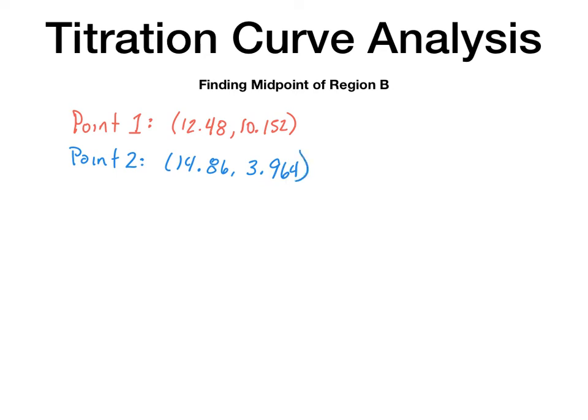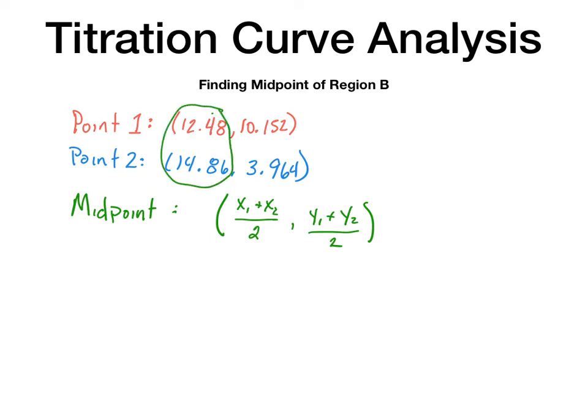And so what I have to do is find the midpoint between these. Now, the midpoint formula is that the point is x1 plus x2 divided by 2, comma, y1 plus y2 divided by 2. So it's basically the average of the x values and the average of the y values gives us a data point. And so my midpoint is equal to